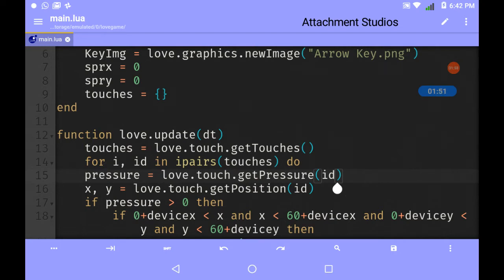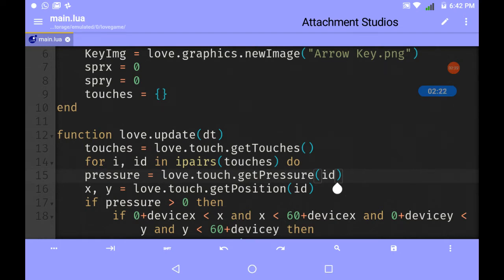I don't know much about this command, love.touch.getTouches, what it stores. It's not that clear, but it stores mostly the XY position and IDs and pressure and others.